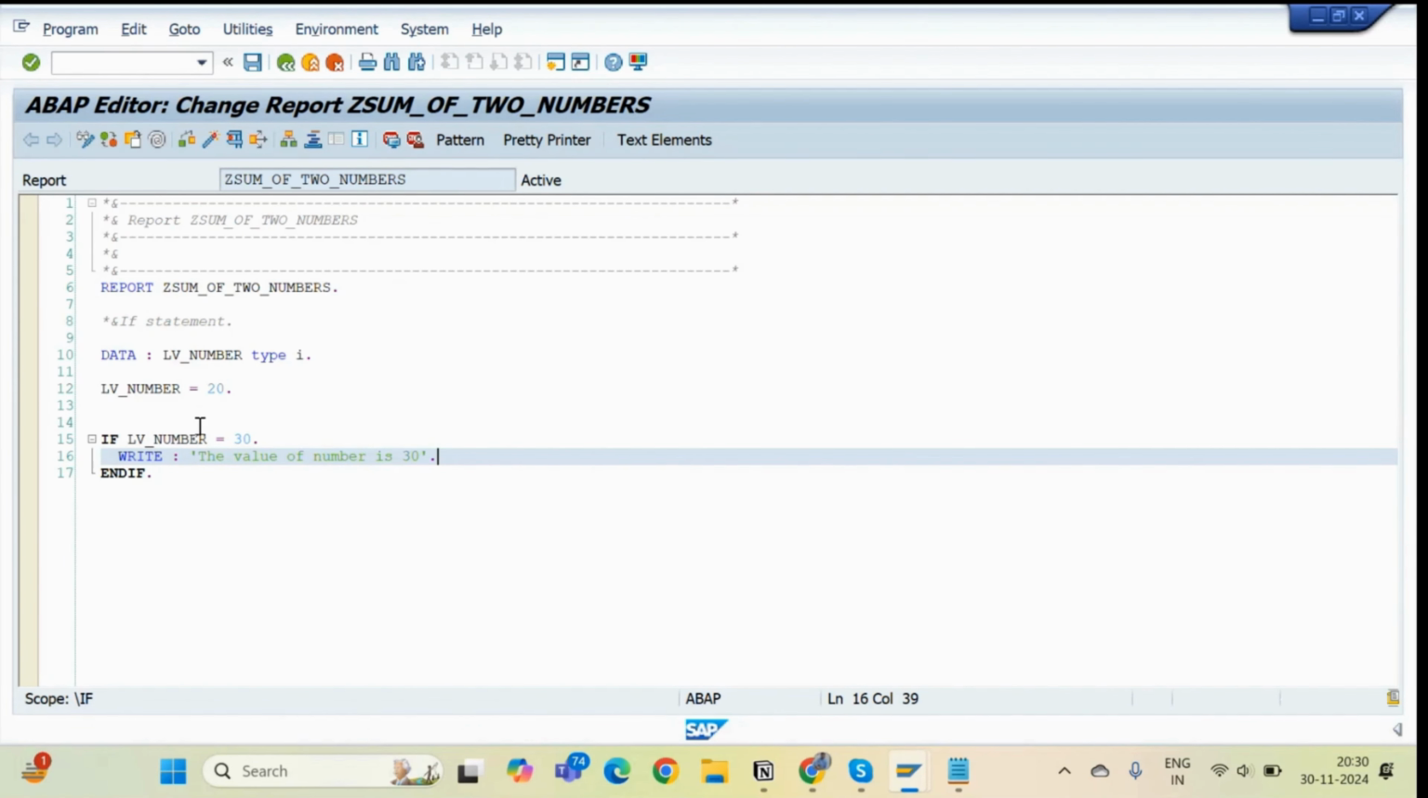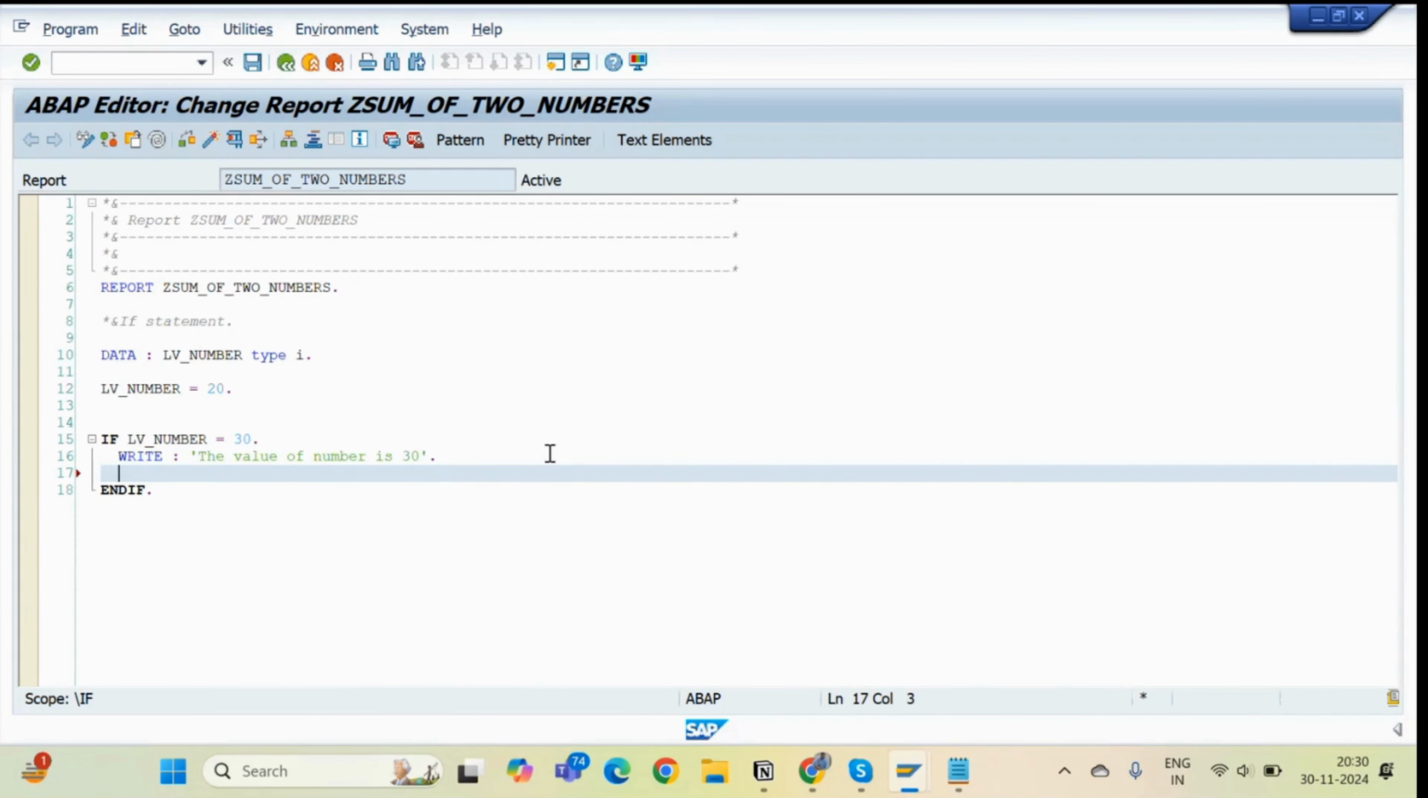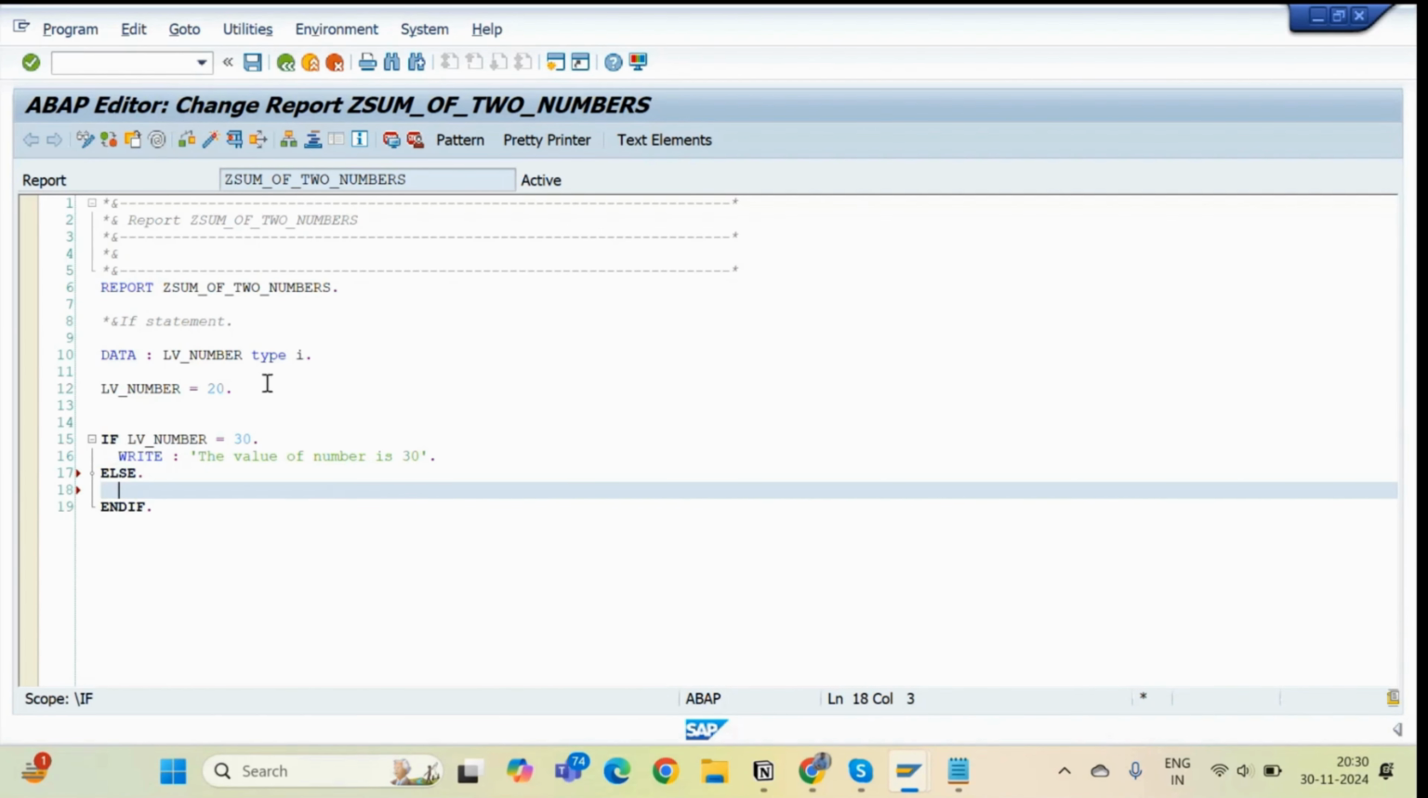So this is one version of if, where we are directly comparing something, and if that comparison is true, then based on that we are displaying the output. Now let's say if this comparison is false, I want to display something also. If it is true, I am displaying 30, but if it is not true, I want to display something else. In that situation, you can use the else statement. This is another version, if else, and in between, let's say I'm displaying here, the number is not 30,